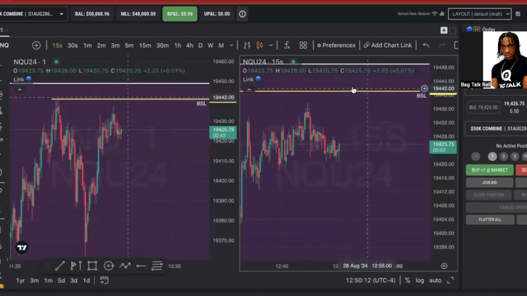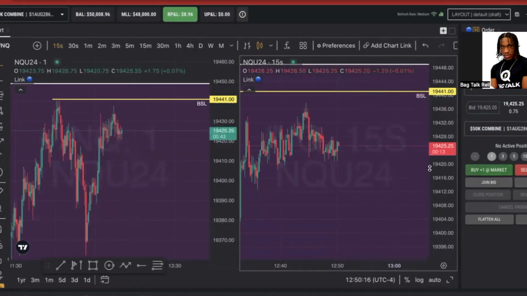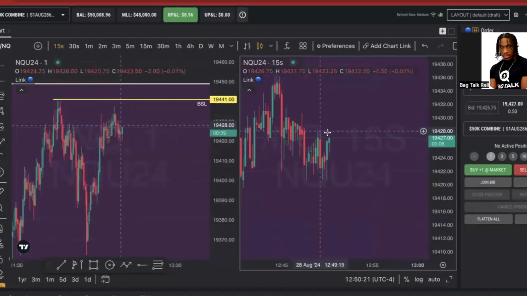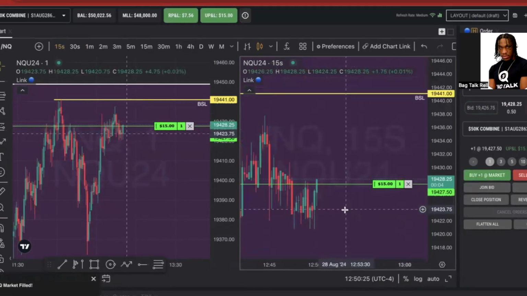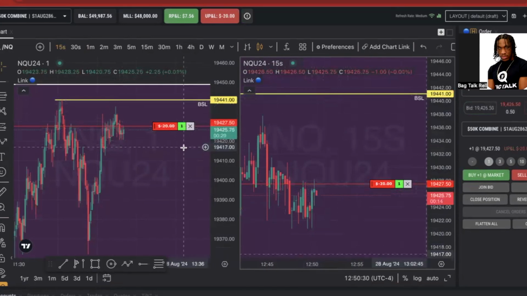Before 1 o'clock, we're gonna end up running this out, probably right away. I'll actually enter a play if we clear these first highs on the 15 second. Literally these highs right here, then I'll enter a play. Order filled. All right, I'm in. Just literally a quick scalp, taking it from here to the yellow, just understanding that this algorithm is not